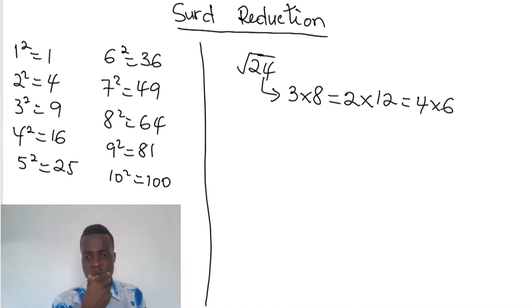But since all of them give us the same 24, we need to choose just one pair, not all of them. So which pair are we going to use? This is where you have to be careful. The pair that you choose should only be dependent on the pair that contains at least one perfect square. Let's go back. So if you look at this side,